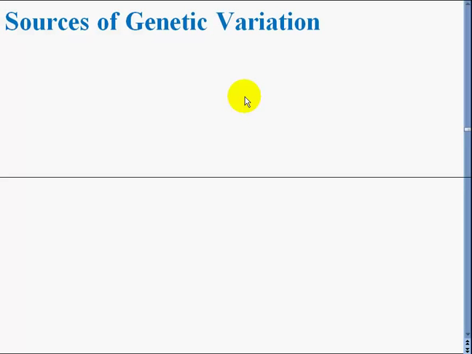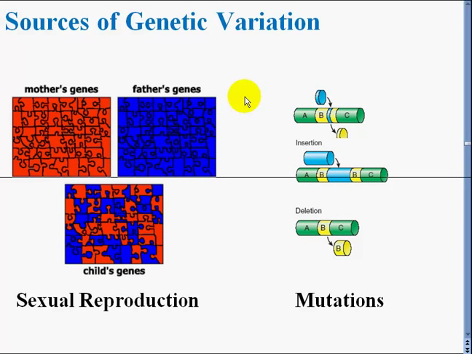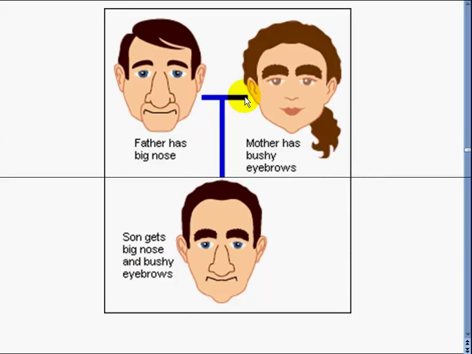One last thing. Where does all this genetic variation come from? We've already learned this, but it doesn't hurt to review. The ultimate source is mutations. However, sexual reproduction also increases genetic variation because it can combine those mutations in new ways. For example,